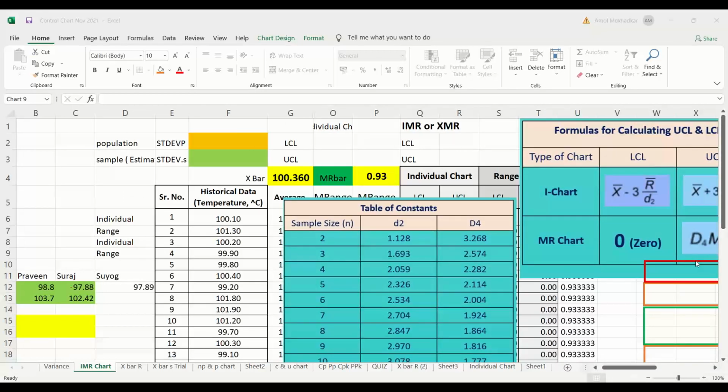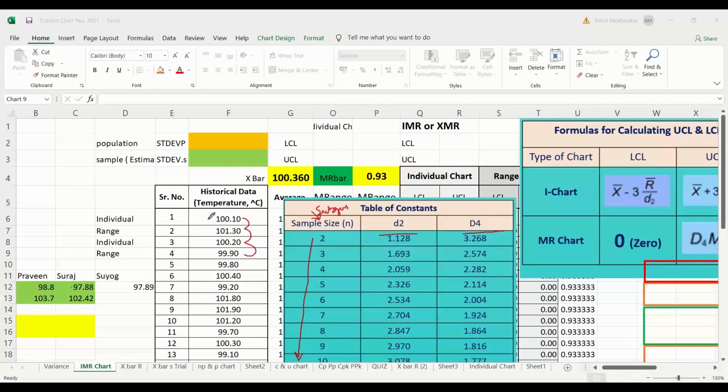Sir, you didn't tell the sample size earlier. I told you, sample size is 2. Sir, the sample size is 2 but the readings are 25 in all. It is not sample size. Before coming here, I told you that it is basically the number of data points you take the range of. You are taking the range of 2, so it is basically a subgroup of 2. Don't go for the sample of 25. That's why I told you take the D2 value of 1.128 and D4 of 3.268.